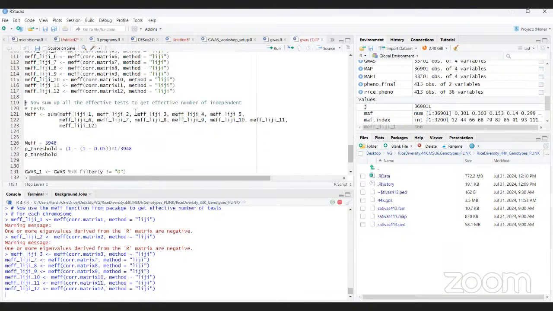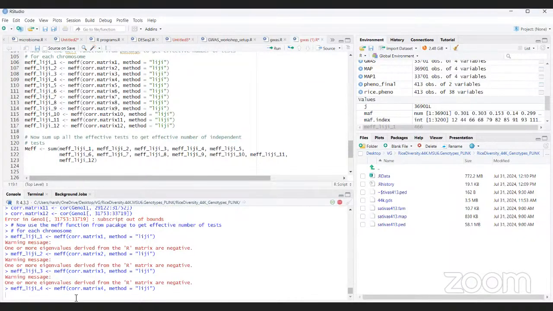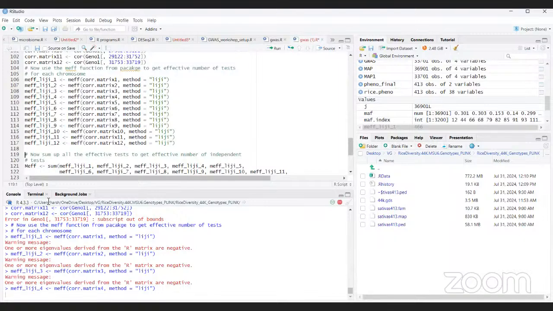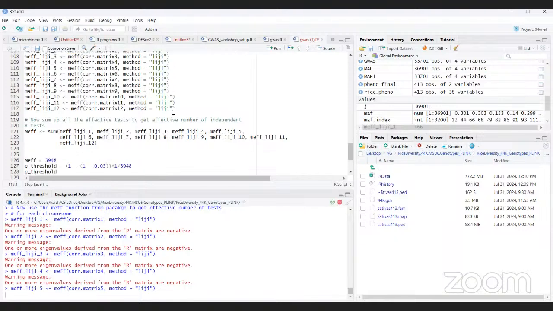Hope this is done. So, four. Okay, it's running. So yeah, here,